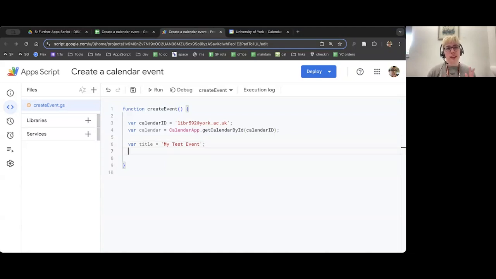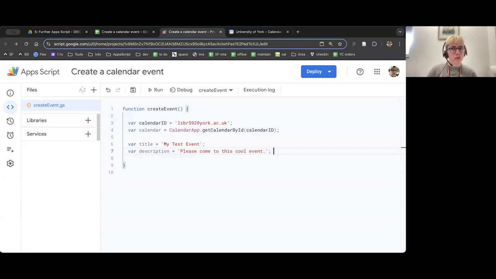And the next thing I'm going to do is the description. So that's that bit of text that people write to sort of explain what the calendar event is. So I'm going to write var space, and then I'm going to call the variable description, and then do another space and an equal sign, a space. Put some quotes. And this is just a message. So I'm just going to write here, please come to this cool event. Full stop. And then I'll end the line with a semicolon. So again, you can put whatever you want there as long as it's within quotes, so it's a string. So those are two things I might want for my calendar event.